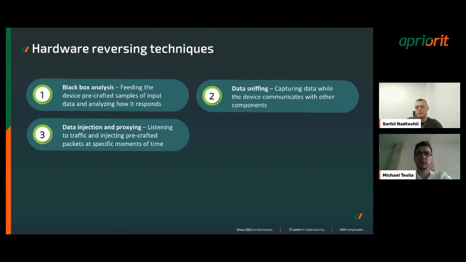Data injection and proxying. It is a similar technique to the previous one because we also apply data sniffing here, but also we apply decoding of the data bytes of some packets on the fly. We, for example, are interested in some small piece of the information which we want to change.